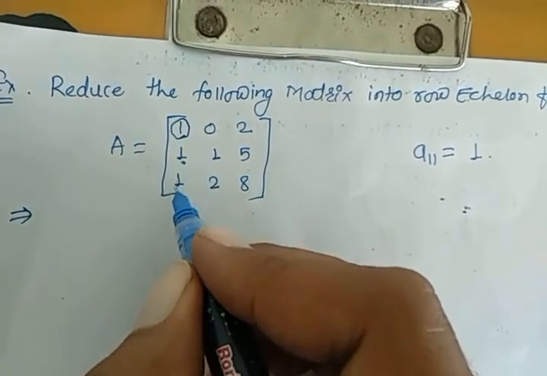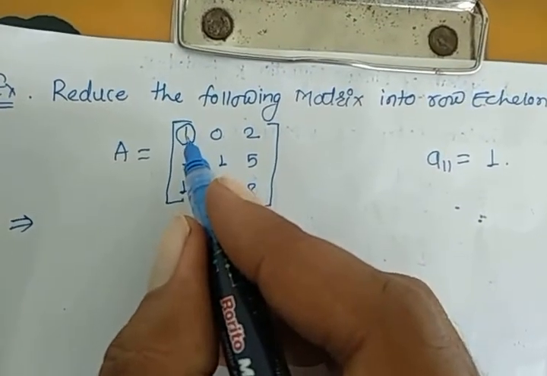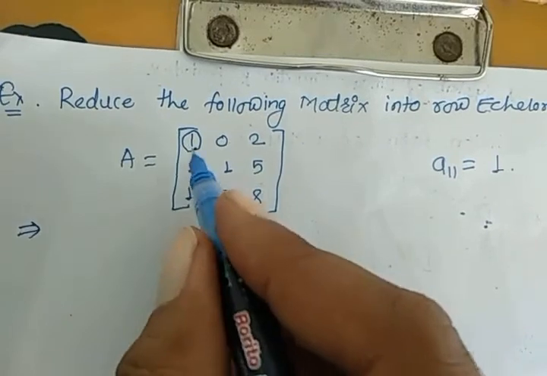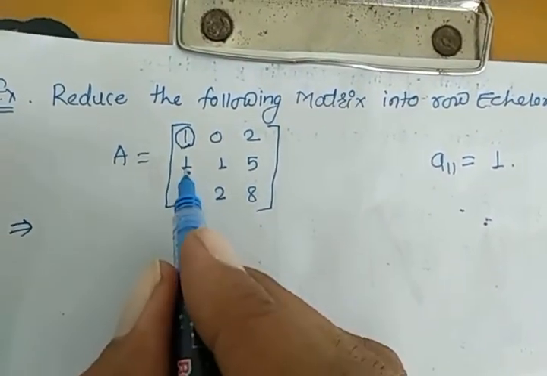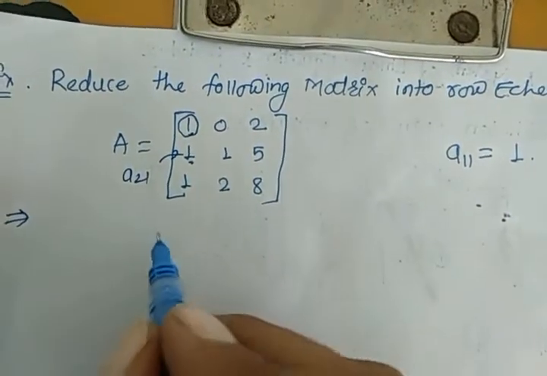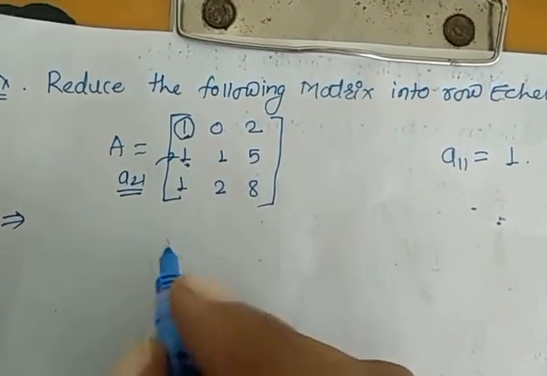Now the elements below this 1 should be 0. So this is our first leading one. We have to make 0 below this leading one. Here this 1 is at position A21. So the first row operation for this position will be